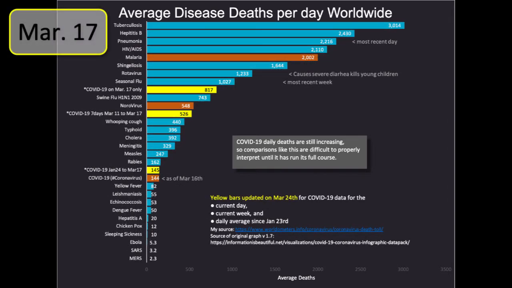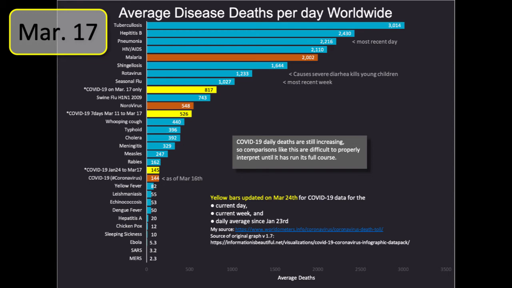Here's the first graph. You'll see that the bottom yellow bar there is my new one added for January 24th up to the current date. At this point, March 17th is the starting point for these daily graphs I'm going to show. And then up a little bit further, there's the yellow bar with 526,